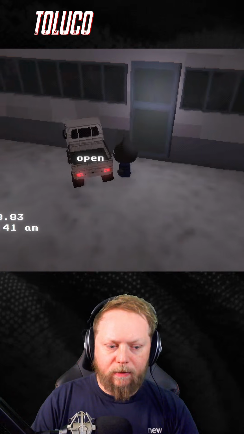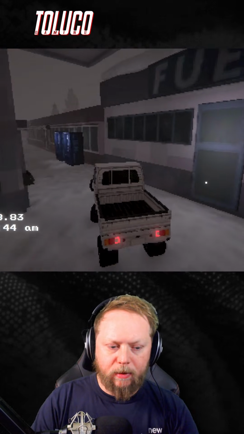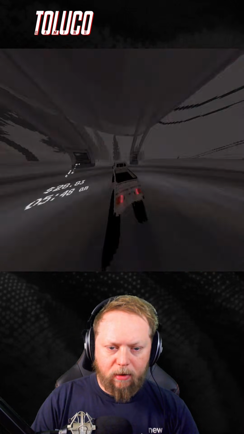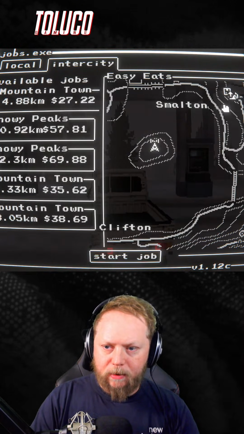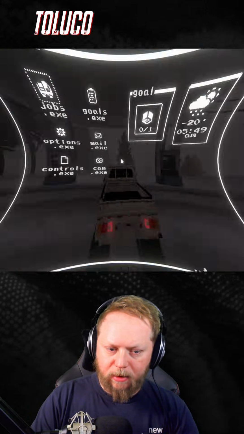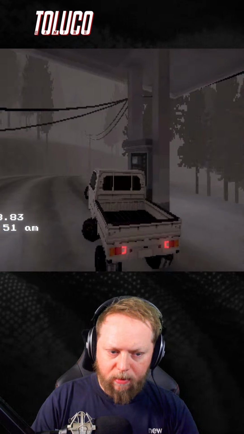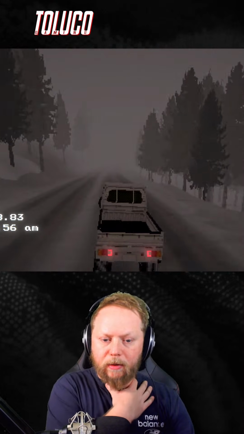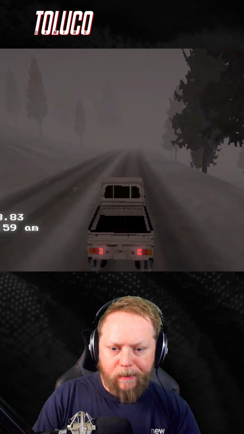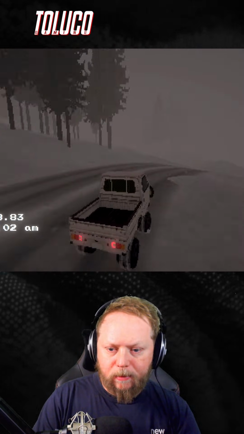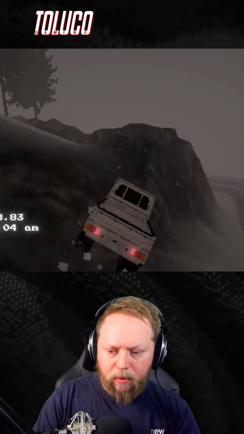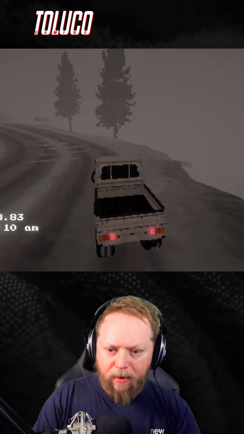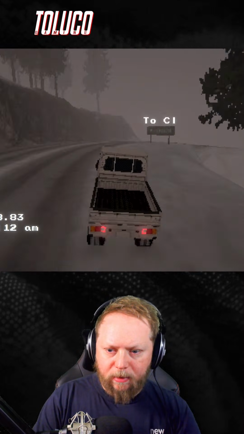It's not bad, 34 for an empty tank. Full tank is 34. I paid like 80 before in the past. So I'm now going back down this road, and I want to get to this island. I want to try and get to the island without falling through. So let's just go back the way we came. To get down there, right? Don't I? I'm gonna get down there because I'm on the bridge now.